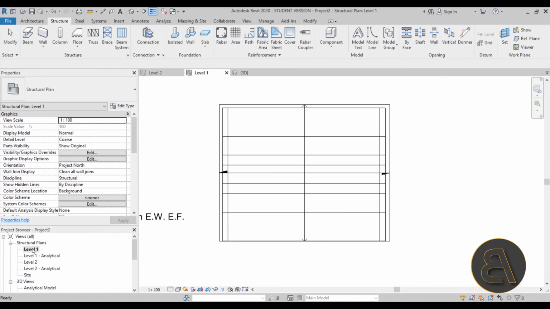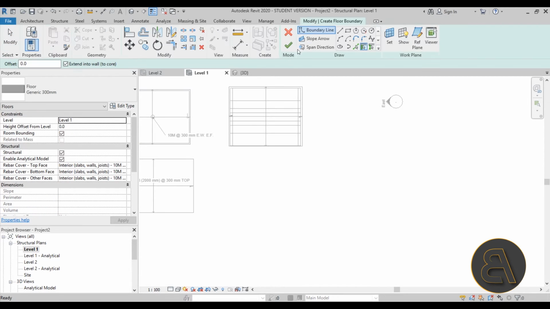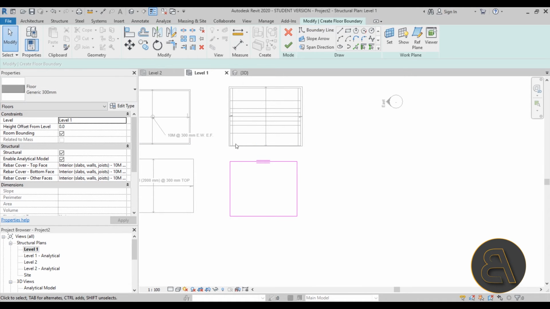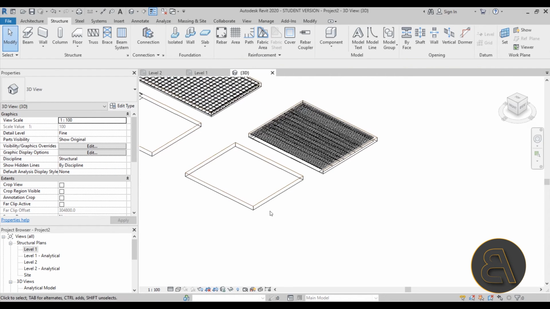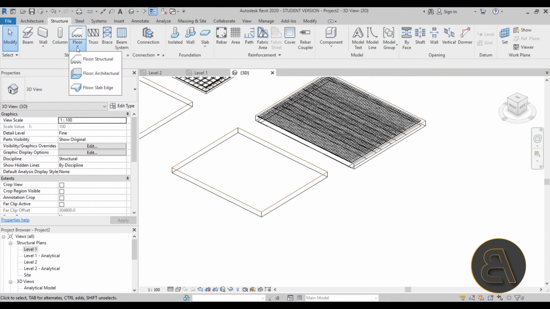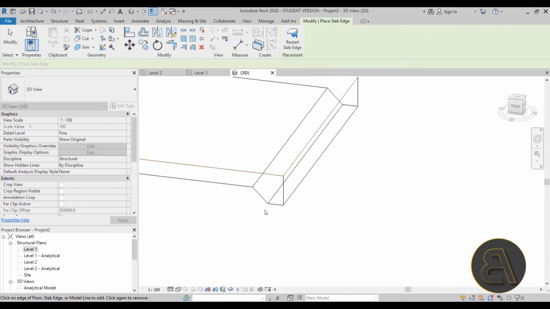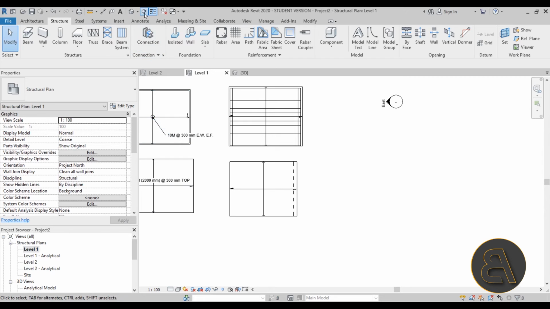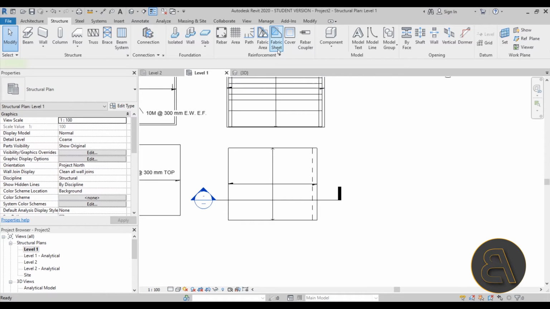So for that one, I'm just going to go here to level 1 and add one more floor. So just a simple floor, but I'm going to add one more thing here. So once I place this floor and hit finish, let's go into 3D. And I'm going to open up the drop menu for floor and add a floor slab edge. Now here I'm just going to check this, and as you can see we have this slab edge over here. Now once I have this in place, I can go here into level 1 and add a section that goes through all of this. Okay, so once we have that, let's go here to fabric sheet, and I'm going to